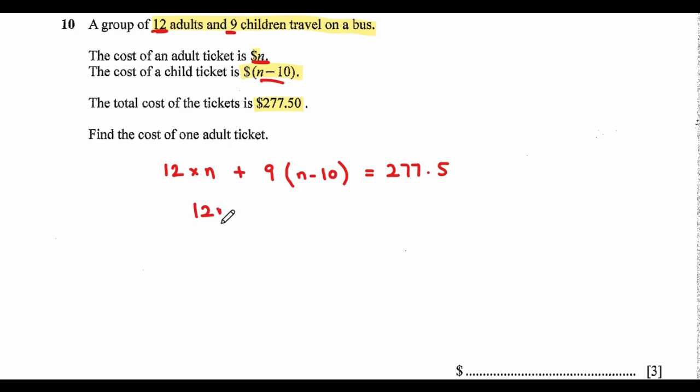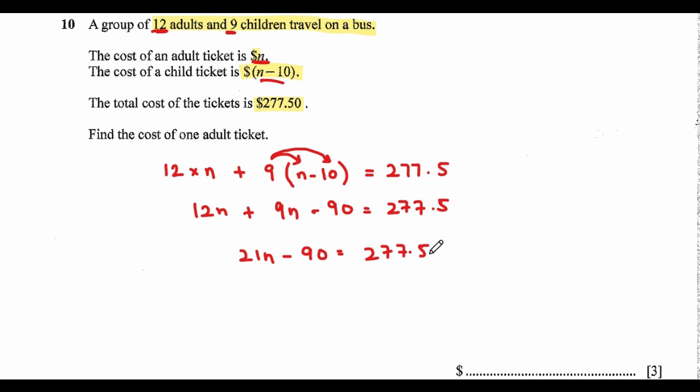Solving it further, 12 times N would be 12N, 9 times N would be 9N, and 9 times negative 10 would be negative 90, and equals to $277.5. Solving the like terms together, 12N plus 9N would be 21N minus 90 is equals to